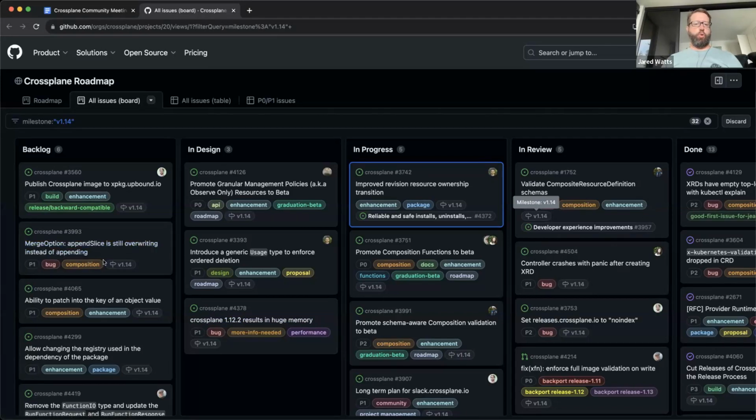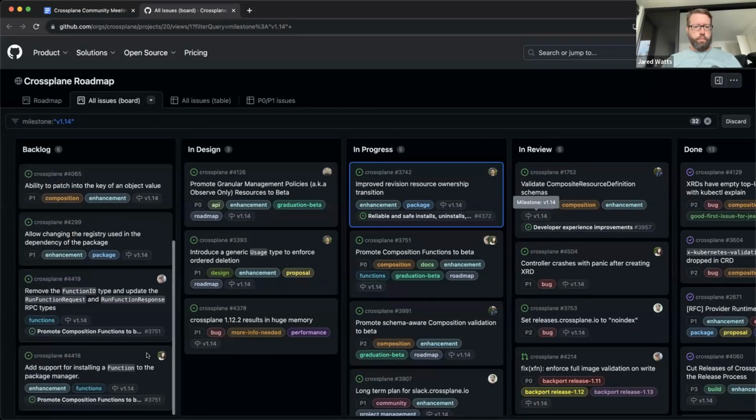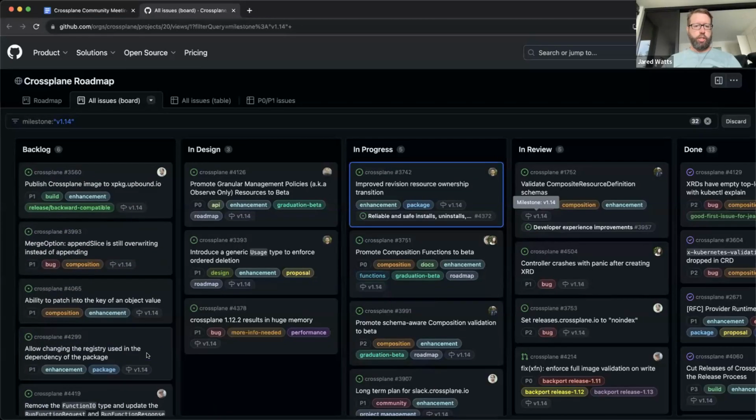This one here, 3993, for the append slice overwriting instead of appending. I think Aaron Eaton weighed in on that and said that he saw some of that behavior as well. So there's something still lurking there that we would want to investigate. I think those are the defects in functionality that I was concerned about. So it's just those two. I have those marked as P1s, so when we're doing any sort of work planning, we could take those into account for prioritizing and getting some owners on those.